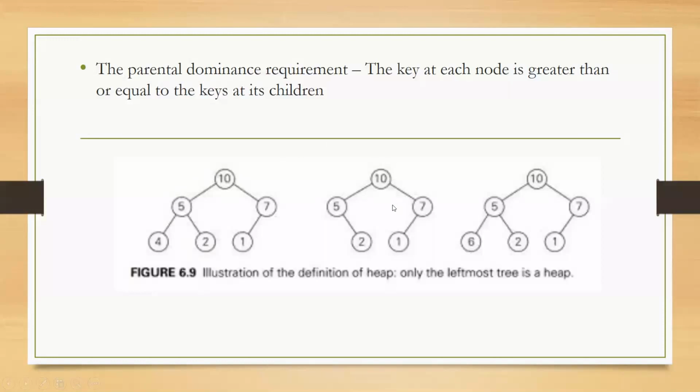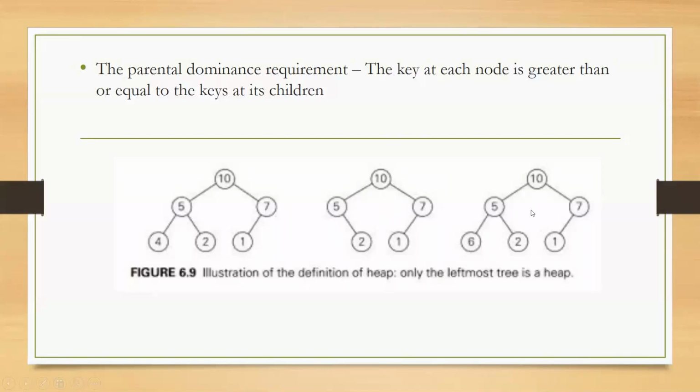Look at the second one. First point, in the second diagram, whether the first condition holds, whether this binary tree is essentially complete. No, because in the last level, there are no leftmost nodes. Rightmost nodes can be empty, but not the leftmost. Therefore, this fails in the first property itself. This is not an essentially complete binary tree.